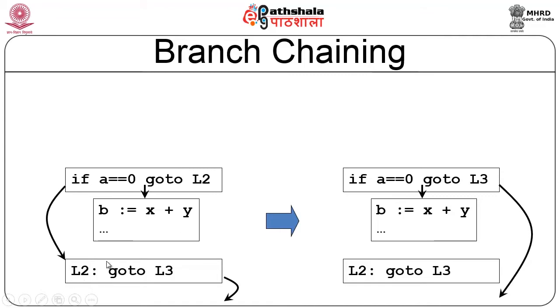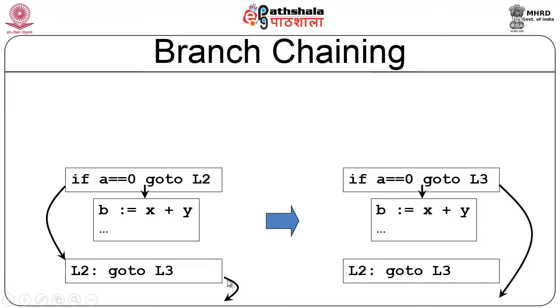That is, going to L2 and then from there branching, rather than that, this branch will be done and then I will have to go to L3. I can get rid of this and say if A is equal to 0, directly go to L3 itself. Therefore, this block, that is the statement go to L3 with a label L2, can basically be removed. This is called branch chaining removal. Of course, here this is required because there is a possibility that A may not have a value of 0, that is why this is required.